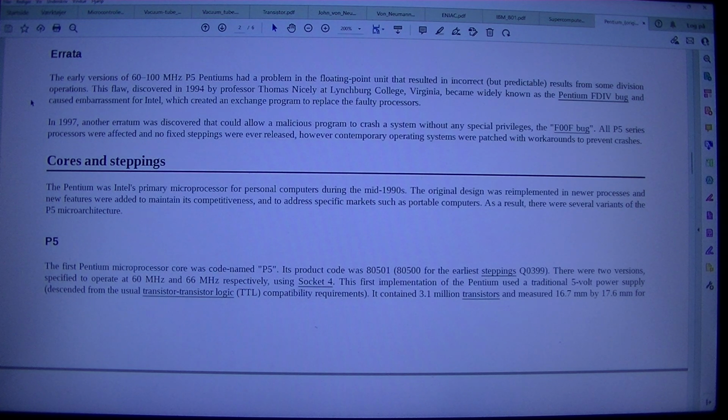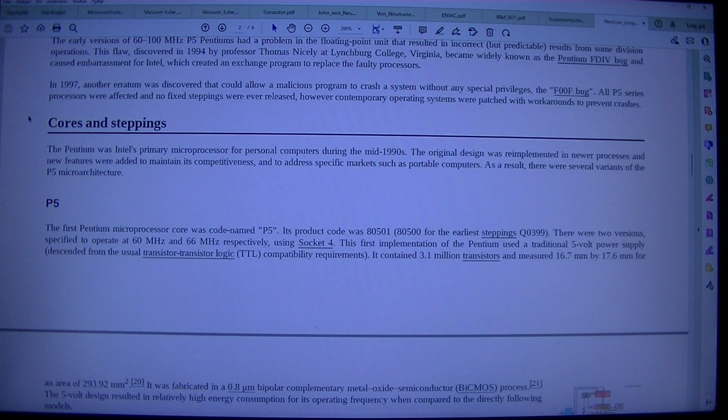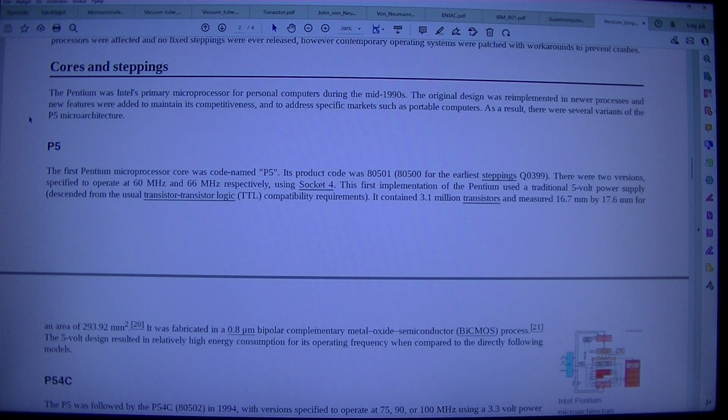In 1997, another erratum was discovered that could allow a malicious program to crash a system without any special privileges, the F00F bug. All P5 series processors were affected and no fixed steppings were ever released. However, contemporary operating systems were patched with workarounds to prevent crashes. The Pentium was Intel's primary microprocessor